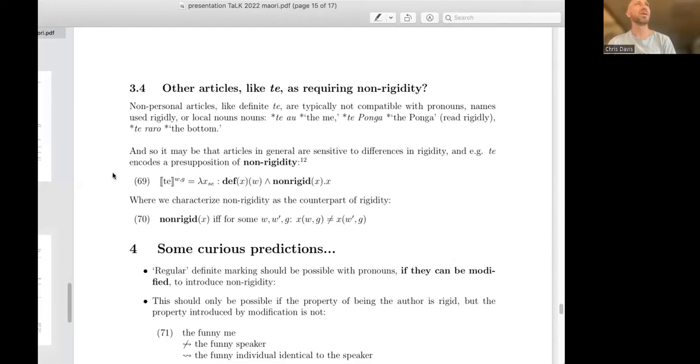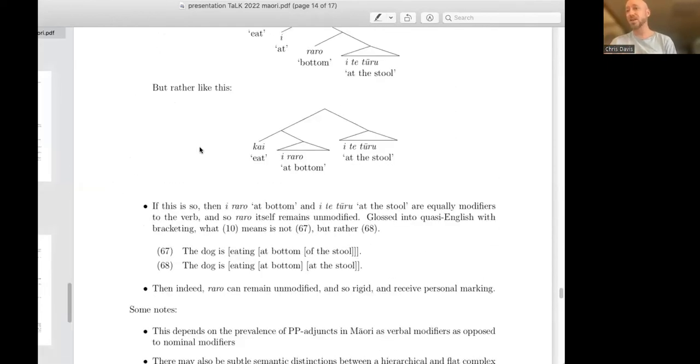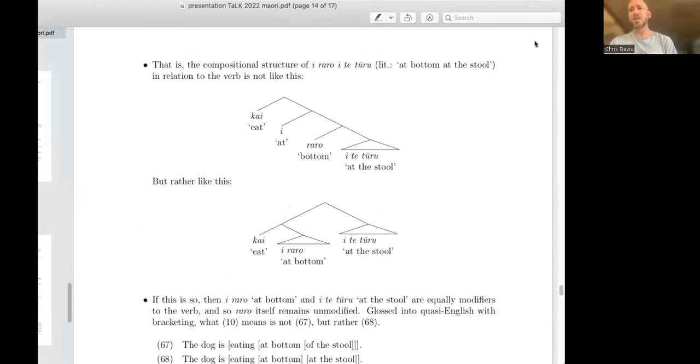But my question was, with your flat PP, the speculation about the location, one immediate question that came up to me is, if your proposal is basically like a flat VP modification structure, shouldn't you expect there wouldn't be an ordering requirement? At least the examples that you cited always have the stool coming after bottom and so on, which, if there was some kind of syntactic compositional process where at the stool is modifying bottom in some sense, you see what I mean? Then you shouldn't be able to reverse them.